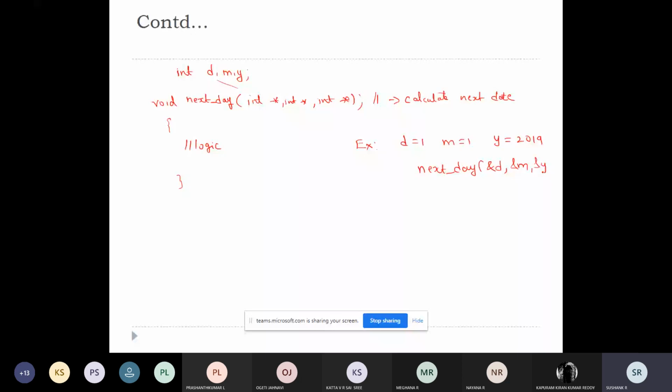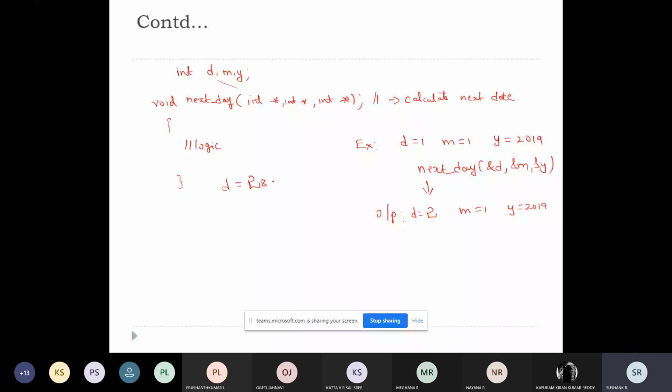The output will be the next day. D is equal to 1 means D will be 2, month will be 1, year will be 2019. One scenario.